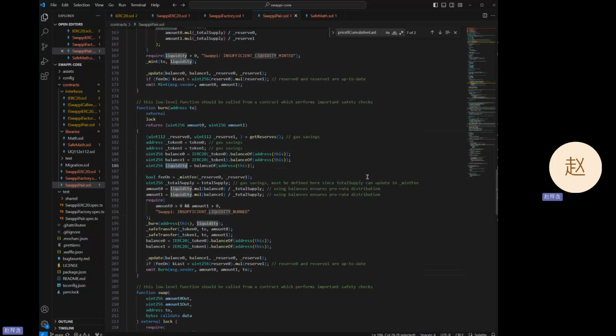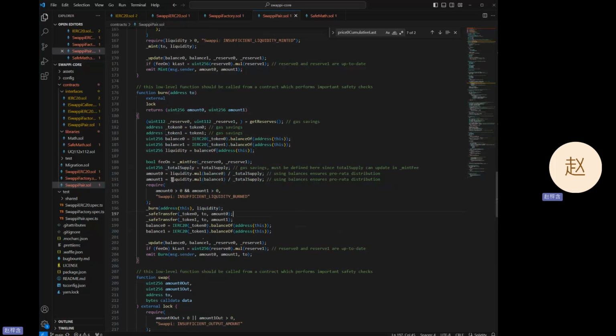and check the liquidity, and this liquidity is what the users sent to here before it runs the burn, right? And so it sends here, so the current contract itself has some balance of the liquidity,